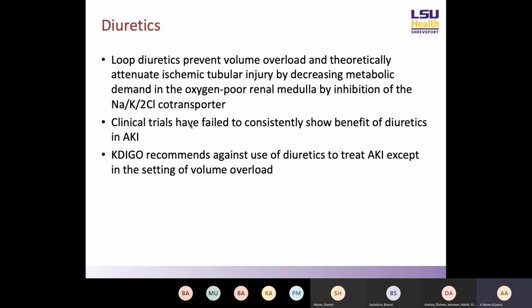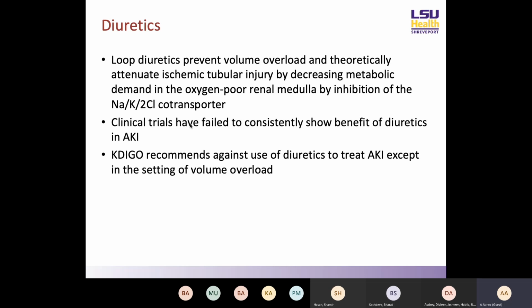But I don't know if that's totally borne out in any sort of clinical trial. Clinical trials haven't shown any benefits of diuretics in patients with AKI. That's not to say that there's no use for them. KDIGO recommends against the use of diuretics to treat the AKI unless you're trying to actually treat volume overload. So again, the diuretics don't really help in terms of improving the AKI,